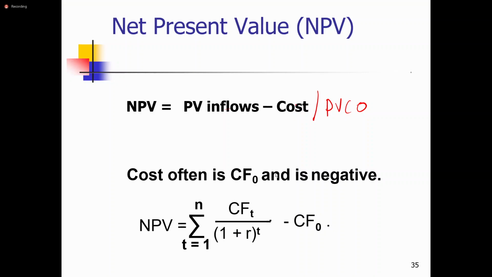Normally our acceptance criterion is that when the NPV is positive, we accept the project because it creates some wealth, some value for the firm. If there is a positive NPV in the project, it means that by that amount the project creates value for the business, for the company, for the owners. So when the NPV is positive, we accept the project. When NPV is negative, we reject the project